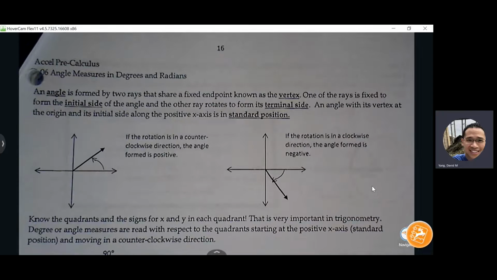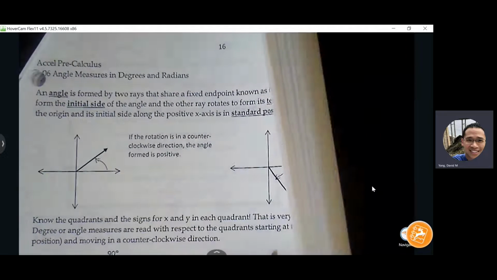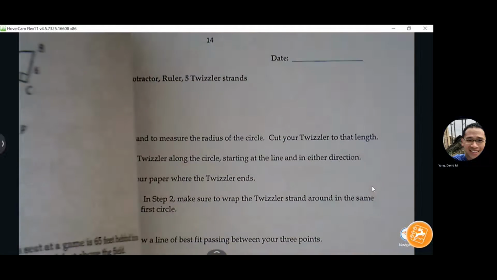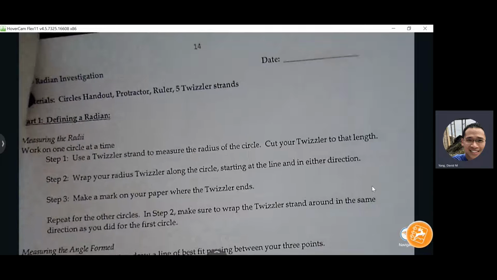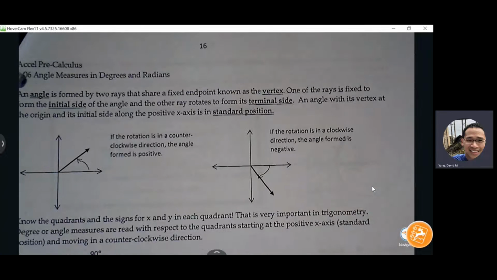So let's go to page 16. We're skipping over 1.05, radian investigation. We're going to go over that in detail on the next few pages, but we'll start on page